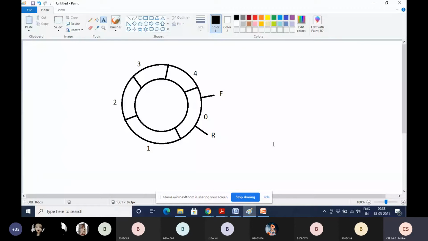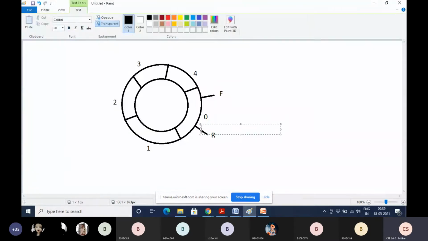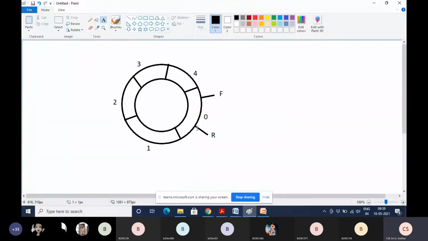What should we do for insertion? Increment rear by 1. Yeah, okay, very good answer. So you have to increment the rear pointer by 1.